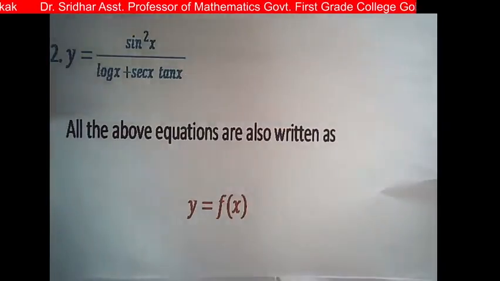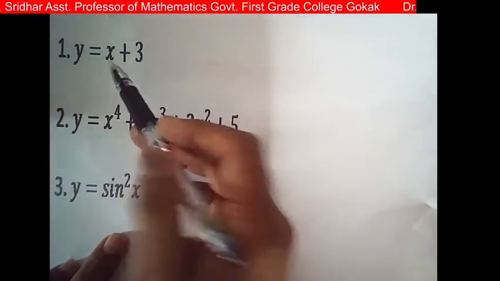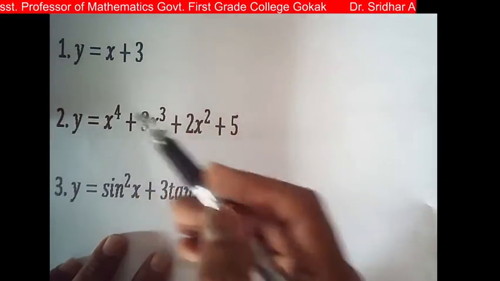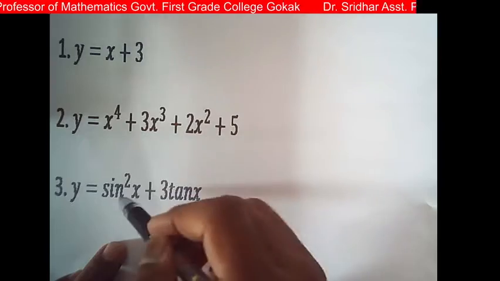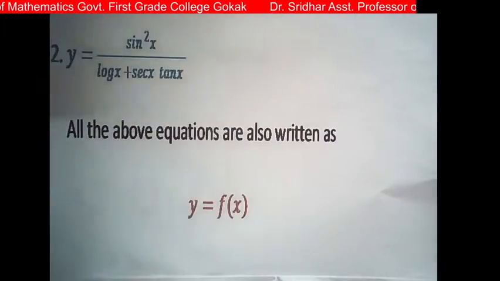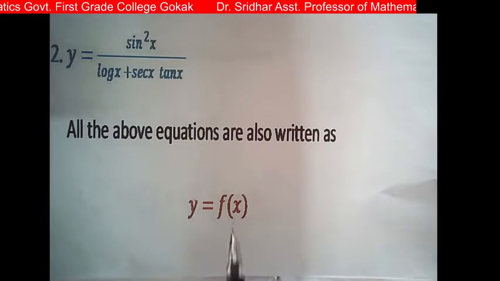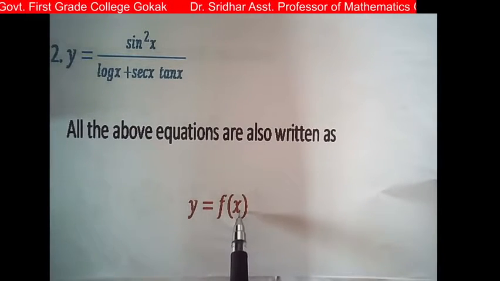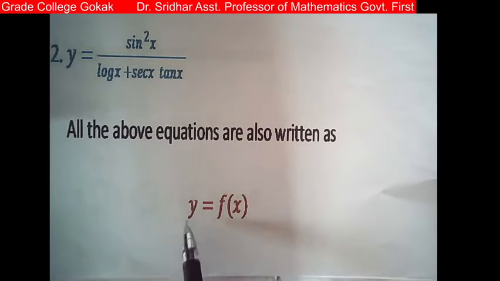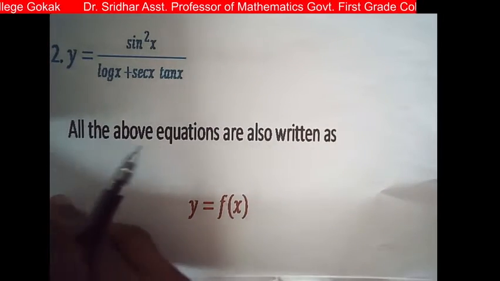So x plus 3 is an expression which contains x, and this is also an expression which contains x, and this is also an expression which contains x. So we denote all these equations by y is equal to f of x. Here x is the independent variable and y is the dependent variable. Okay, so next we go to